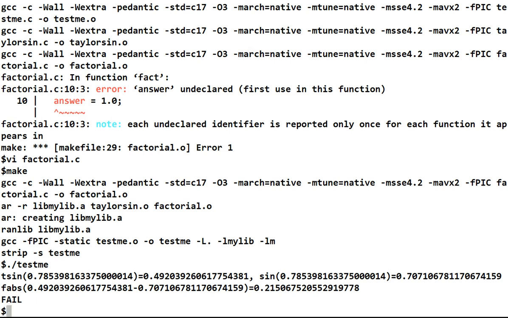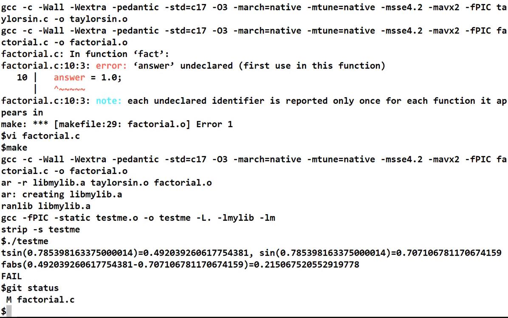It's almost time to go home. I've made this change, and it turns out this change is just no good. Okay, I'm not happy with this change at all. And I want to forget about this change. So what can I do to fix it? I mean, if I do a git status, it shows factorial has been modified, but it hasn't been added yet. But it is modified. And I don't want to change anything else, but I want to undo any changes I've